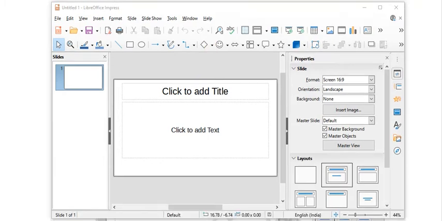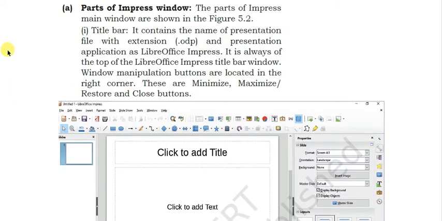Most of the portion of this Impress window are similar to the previous software of Writer and Calc, but as a custom, let us see what are the different parts of this Impress window. The most common one is the title bar at the top here. This is the title bar that will display the title.